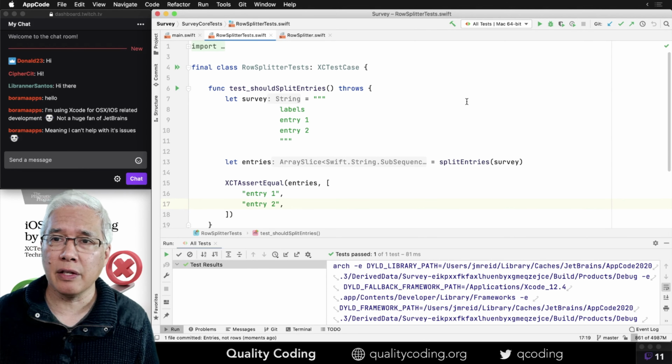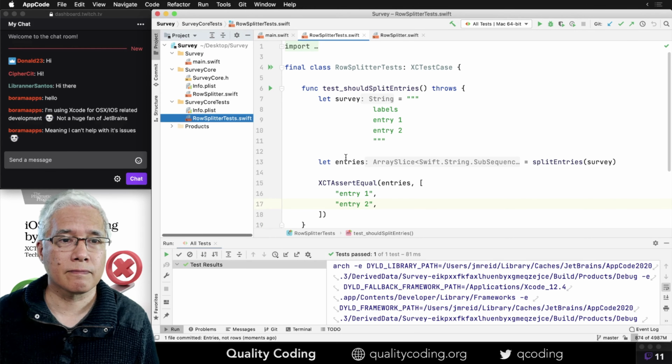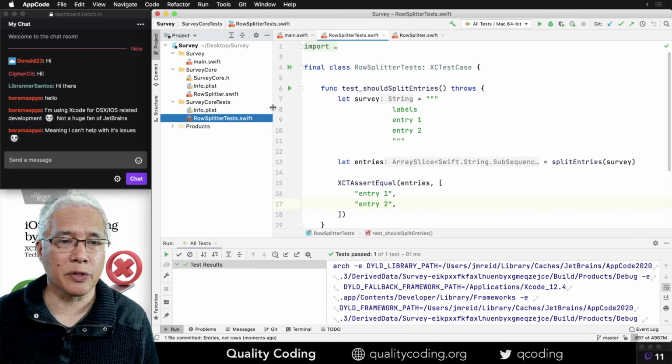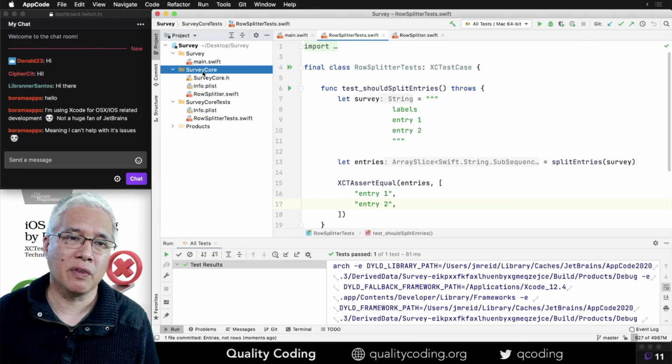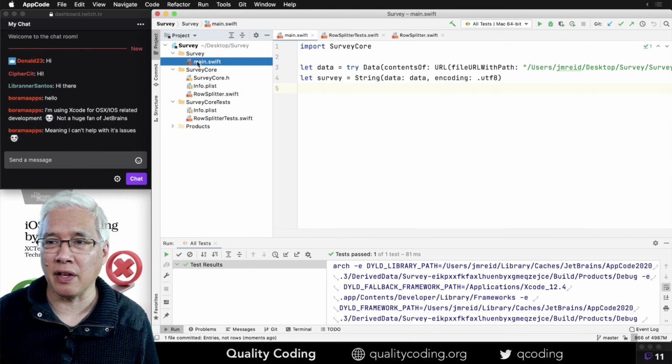So within each entry, actually, before I continue, this project is a command line tool. And as a command line tool, you can't have unit tests on a command line tool directly. What you do is you have a framework that has all of your important code and you test that, but then from main, you call that thing.